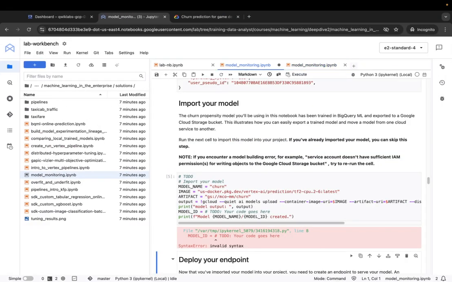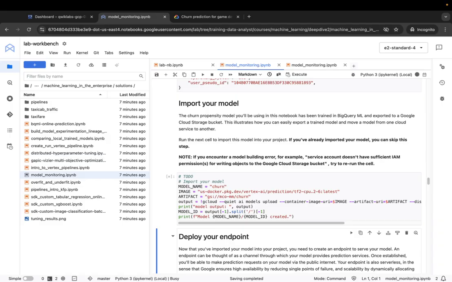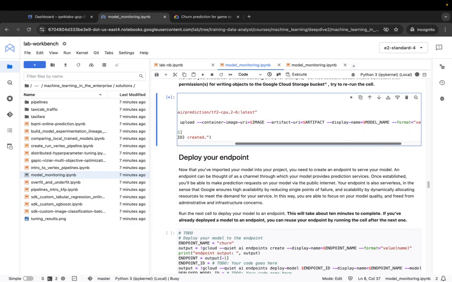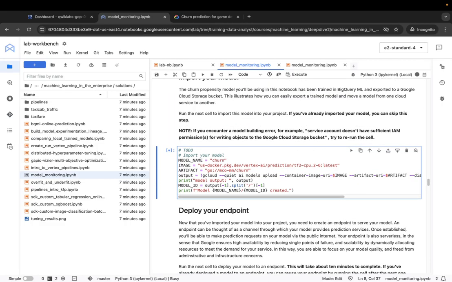The model is provided as output, so from that output, we are extracting the model ID. If you incur a model building error, for example, the service account doesn't have sufficient IAM